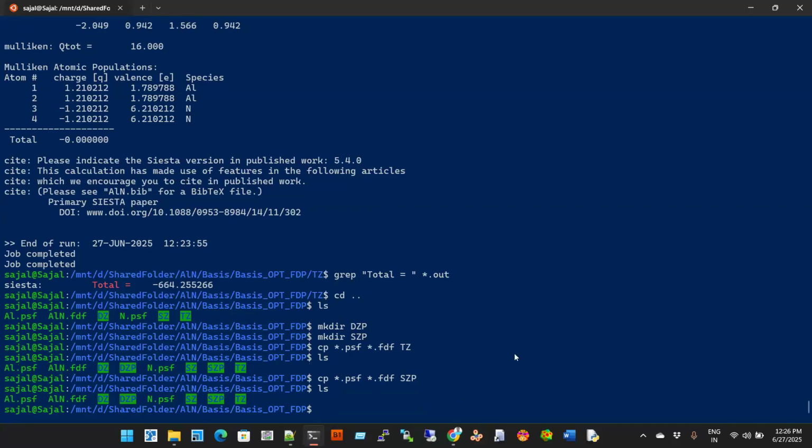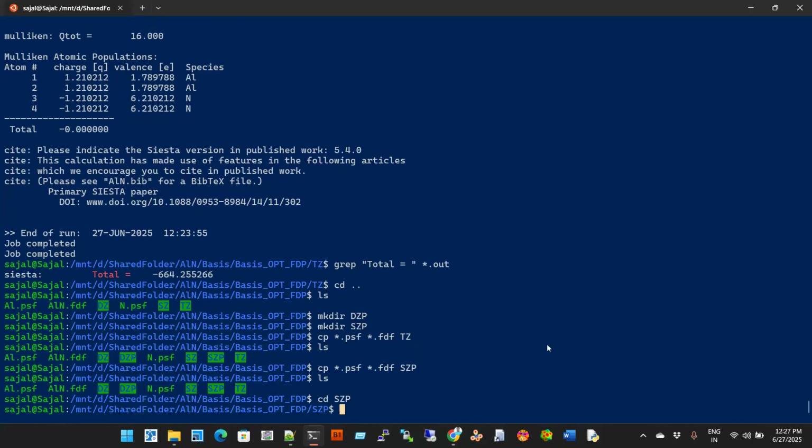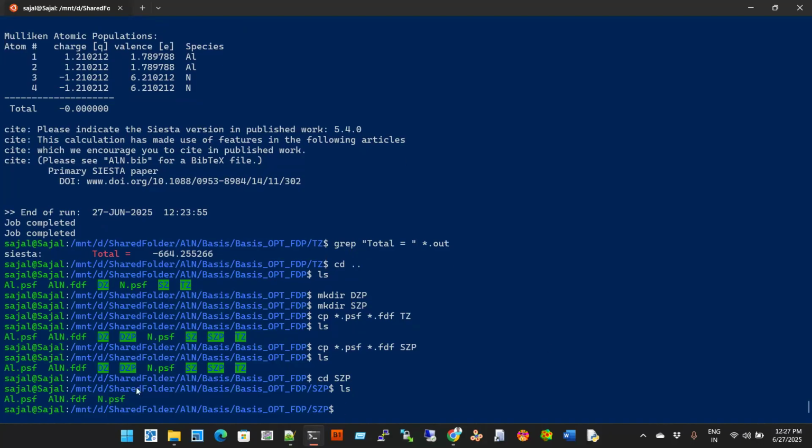Let's see the SZP. SZP folder contains the aluminum and nitrogen PSF and corresponding